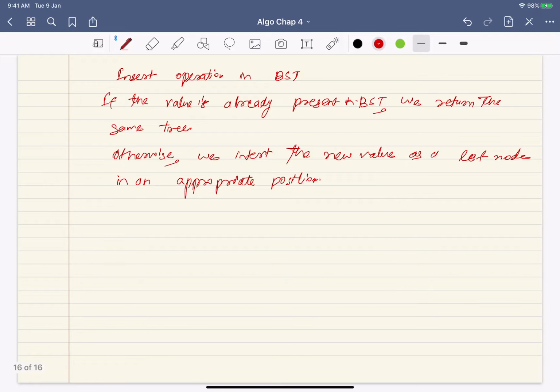So, insert: I get the pointer to the root and the value that I have to insert. Now, what is the base case here?